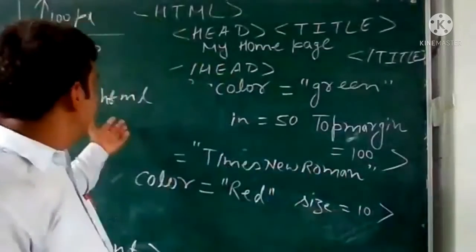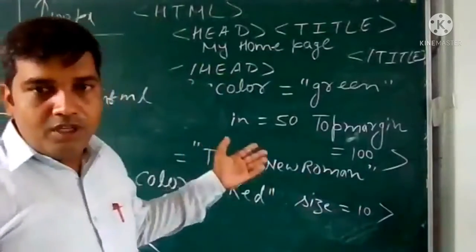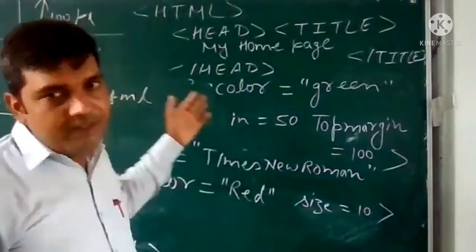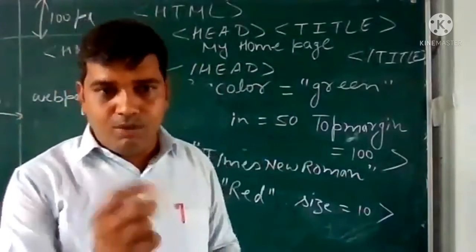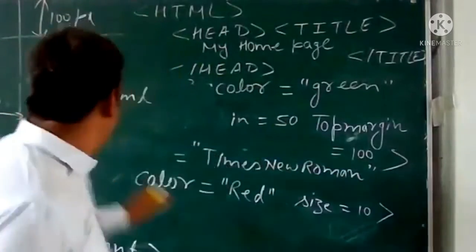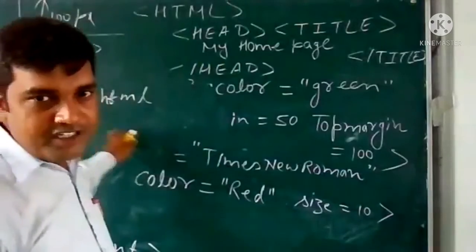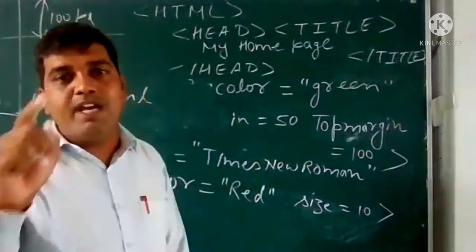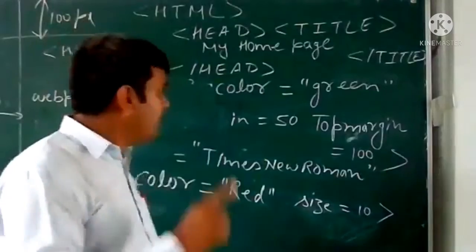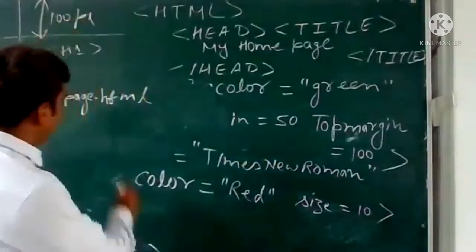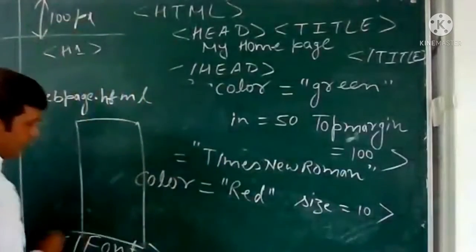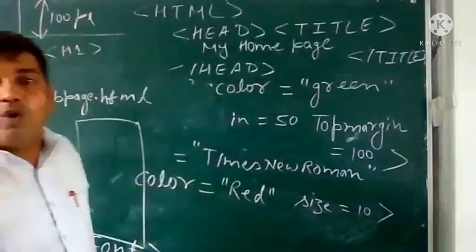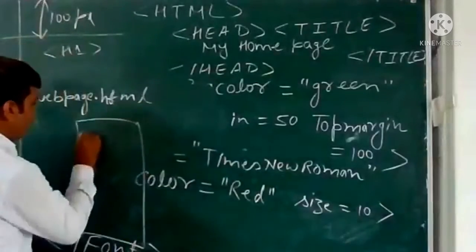Another method to run this HTML file is, first of all, you search for this file wherever you saved it in your computer. In the search box at the taskbar, type this file name, webpage.html. So this file will appear. Now select that file so that it is highlighted. Make a single click. After that, make a right click. When you make a right click, your context menu will open. In there you find the option Open or Open with. So you select the option Open with.